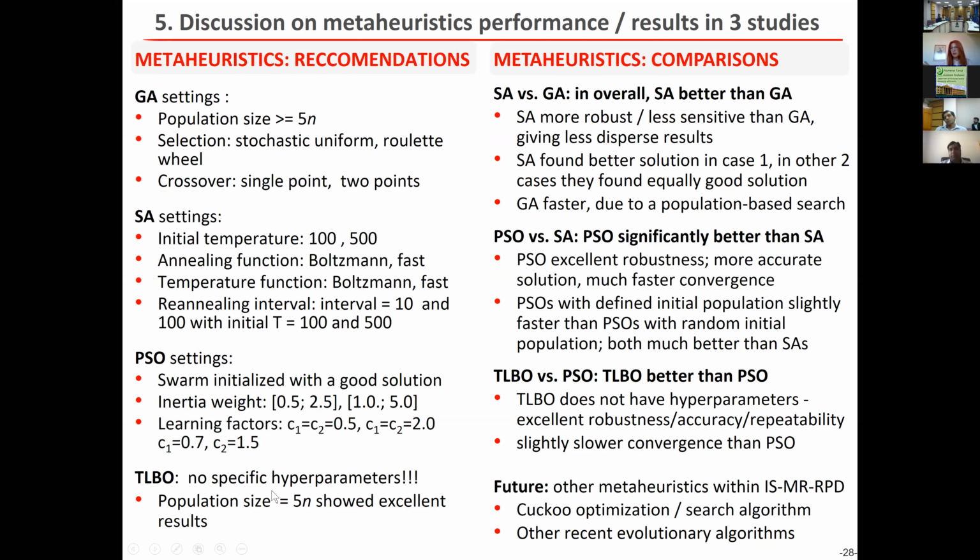In terms of comparison, definitely TLBO showed significantly better results. Let's say TLBO showed better accuracy and robustness than PSO. However, it is slightly slower than PSO, but I think that shouldn't be a big issue. And it showed much better results than the other two tested methods. In the future, I will also test other algorithms, such as the Cuckoo search algorithm that might be comparable to TLBO, and also some of the newest